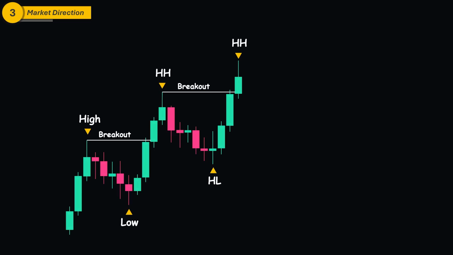Now here comes a very important point. We mark the lowest point of the pullback as our swing low, but only after a break of structure has happened. This means that during a correction, the price might create many lows, but those are not swing lows. Breaking below these minor lows does not mean the